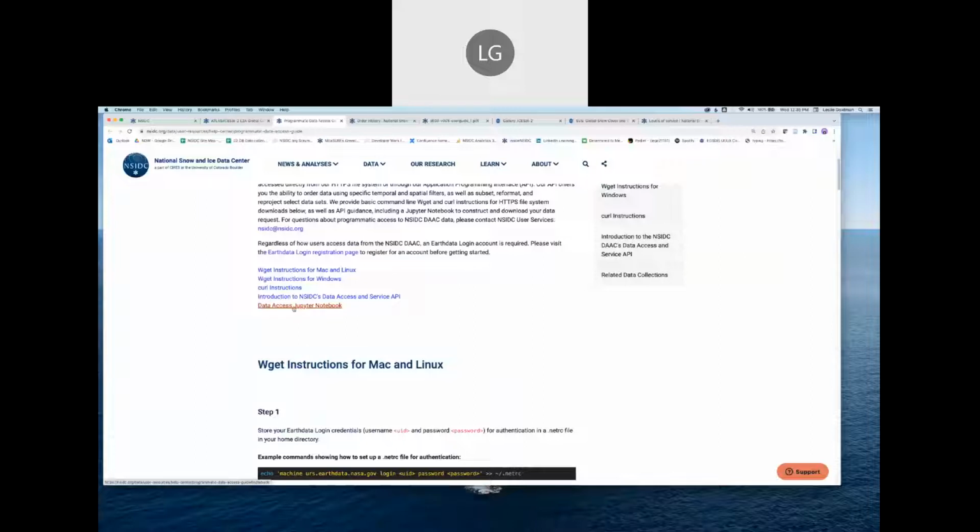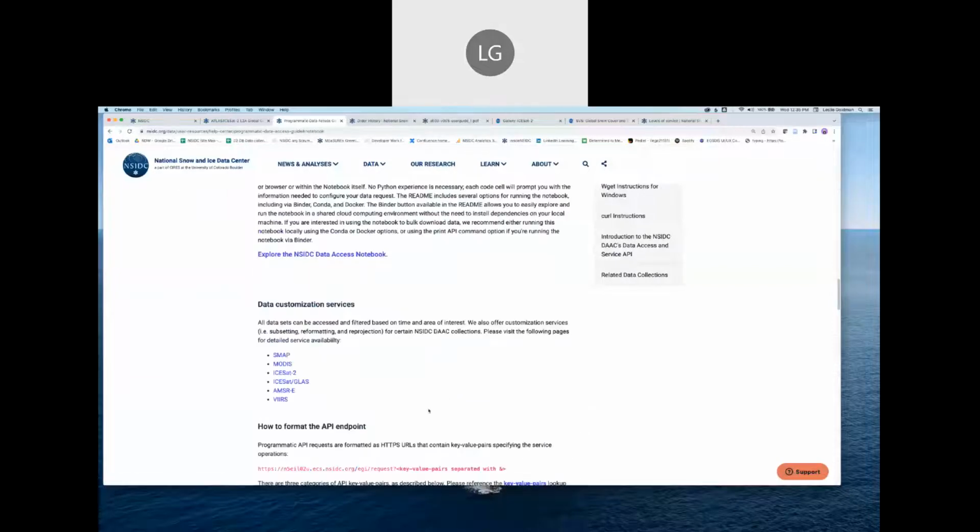For today's demo, and this is going to be the final portion of our presentation, Gail is going to lead us through the data access using the Jupyter Notebook. So I'm now going to hand this back to Gail for her to begin our tutorial. Thank you, Leslie. I'll unmute myself first this time before sharing. All